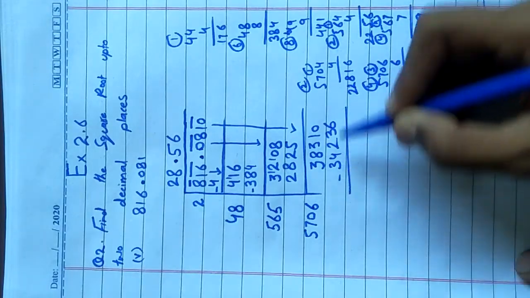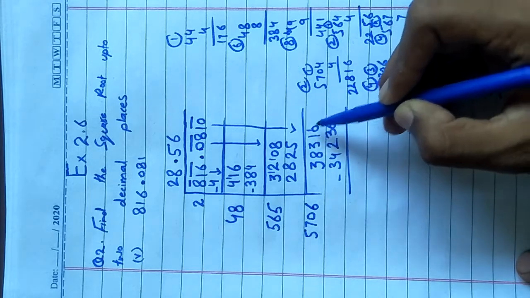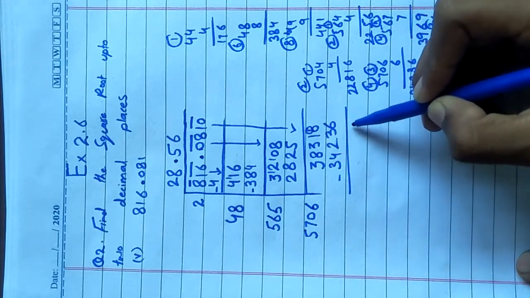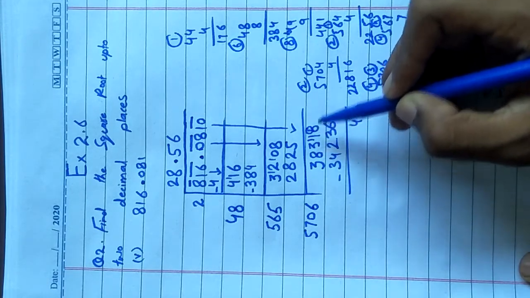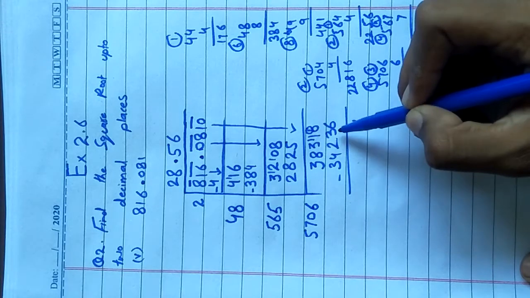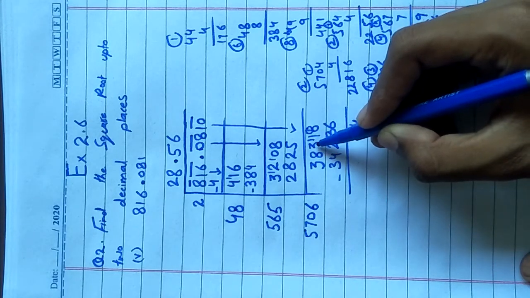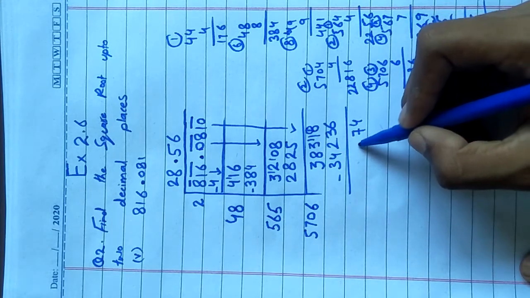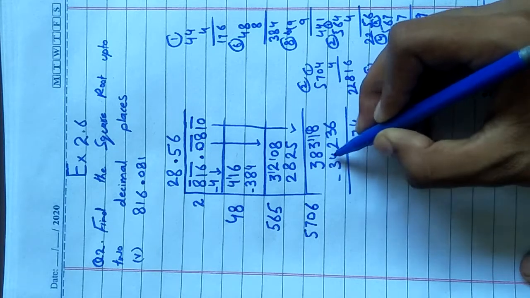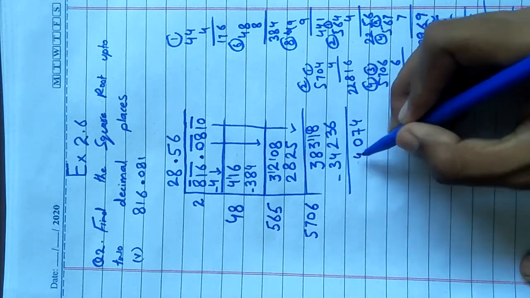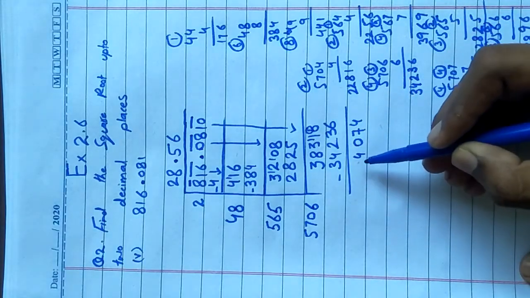34,236. Now subtract the product, take carry from this number because 0 minus 6 is not possible. Becomes 10. 10 minus 6, 4. Here the number remains 0, so take carry from that number. So becomes 10. 10 minus 3, 7. Okay, so here the number remains 2. 2 minus 2, 0. 4 minus 8, minus 4, 4. 3 minus 3, 0. So no need to write 0 here because 0 is at extreme left.